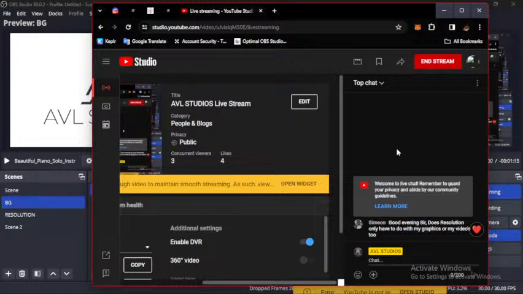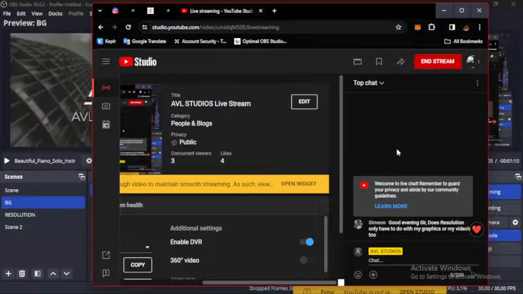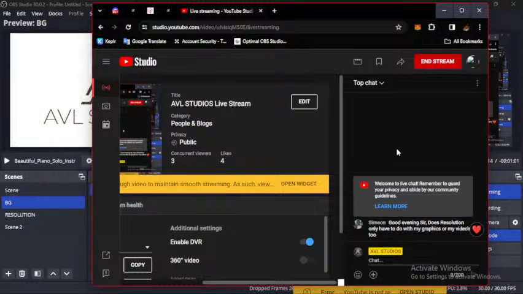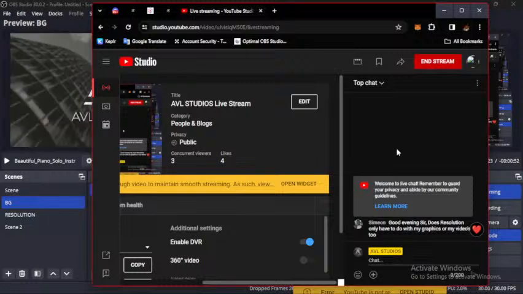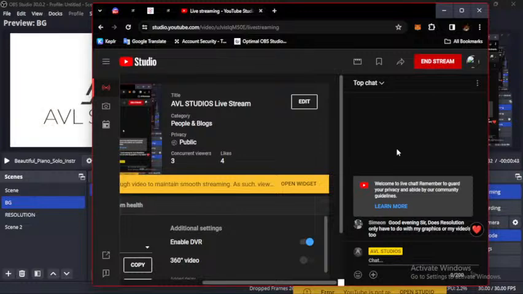Now, Simeon, attempting your question, it doesn't have to do with just your graphics and your video. Yes. Resolution plays a role. There is another part of resolution that we talk about, two parts. If you pay attention, Simeon, there's the one that goes out live for people to see, which is the output resolution. Understanding that part of the resolution helps you maintain a smooth stream.